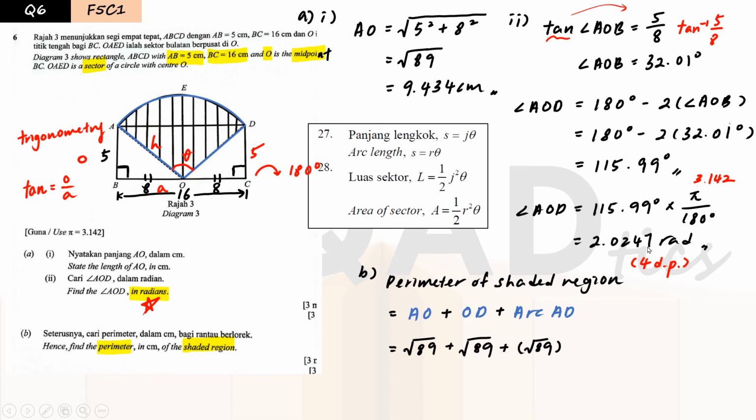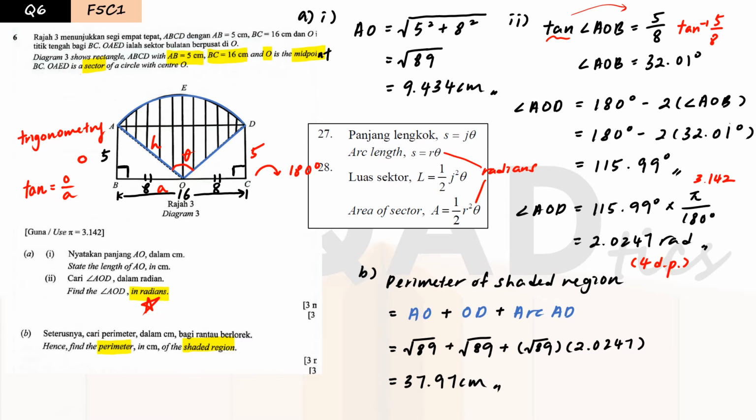So please make sure to use the radians format. Do not use the degree format, because again, these two angles are using radians. So we are going to use this value, 2.0247, into our working here. Now we have found out the length of all the sides, so we just add them up together to get the final answer,